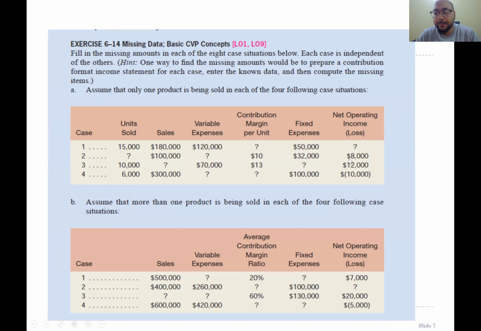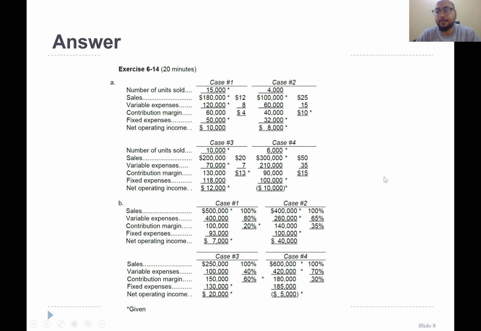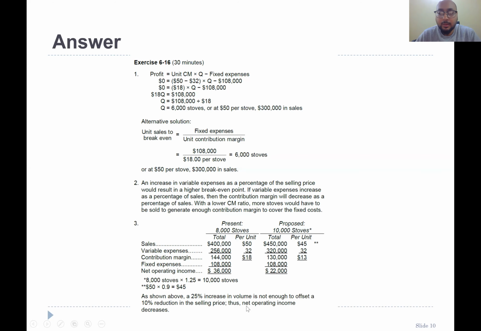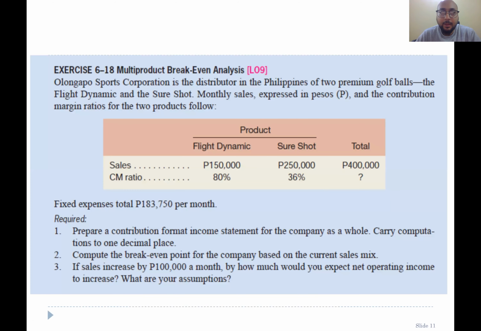We have one more. And all you need to do is pause the video, solve it, and then compare your answers here. Right? Okay, let's move forward. We have one more. All you need to do, pause the video, read the question, try to solve it by yourself, and then compare your answer with the solution file, the solution answer slide here, right? One more,